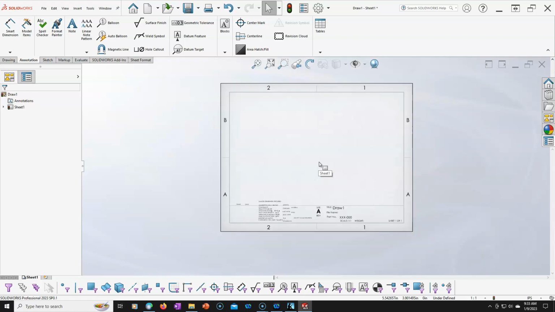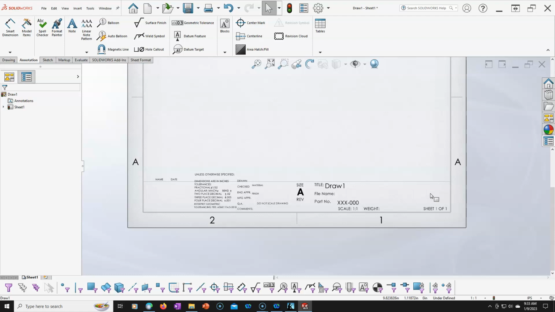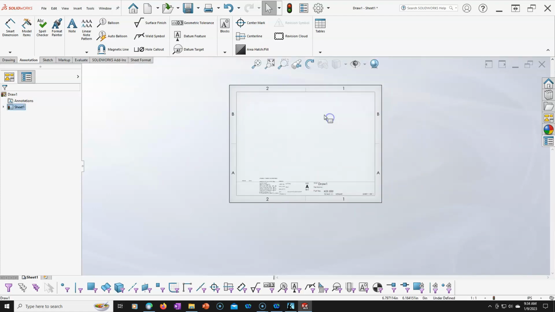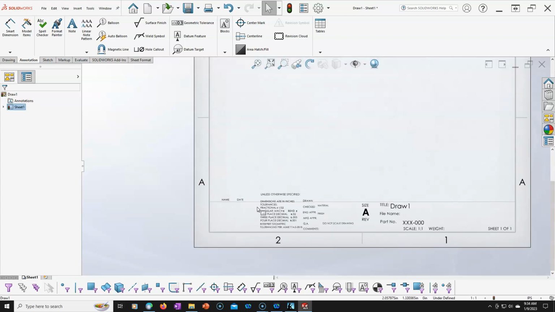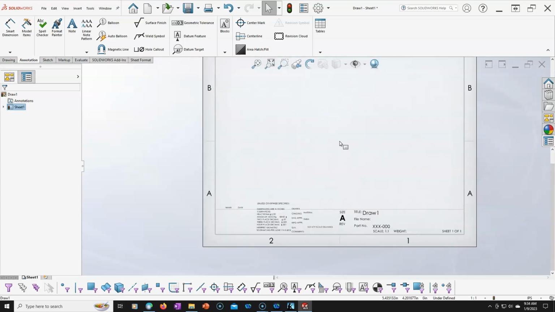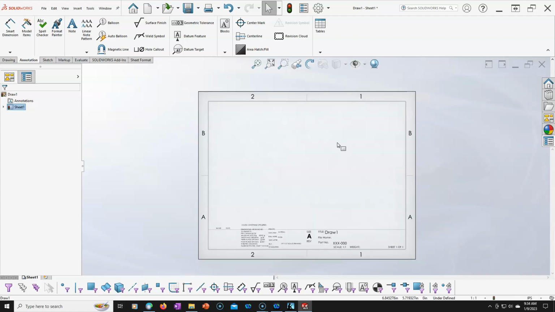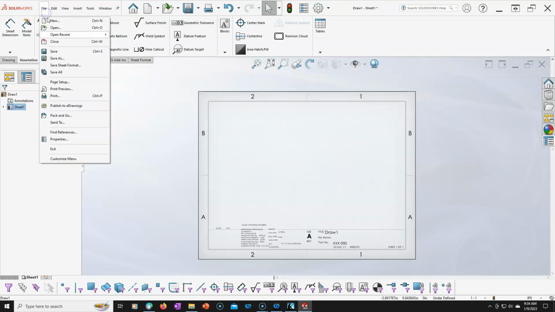to the rest. I get out of the sheet format. Now none of this is selectable. We have room for a larger title, room for a larger file name. So this would be the drawing name, the file name, part number, any other information, the rev, and we'll kind of build into those. I'll adjust that for size, put in the checked, which is checked by or approved bys. And all right, well, so let's go ahead and do a file save as,